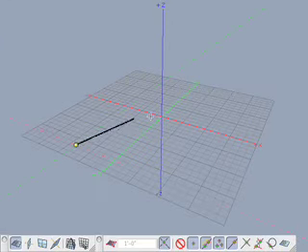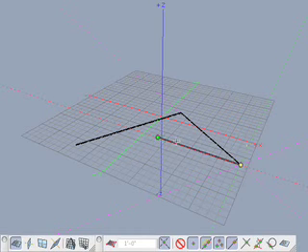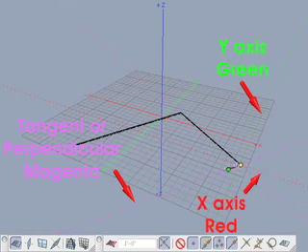Start clicking in the modeling window to create a vector line. Observe that a guide is automatically created at the current click point. Move the cursor along the guidelines and observe that the cursor snaps to the guide. The temporary guides are dashed lines that are color-coded as follows. Parallel to X is red, parallel to Y is green, parallel to Z is blue, and tangent or perpendicular is